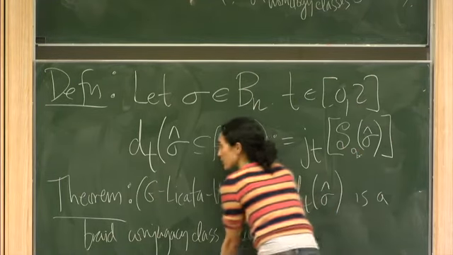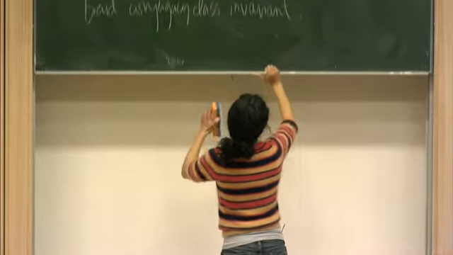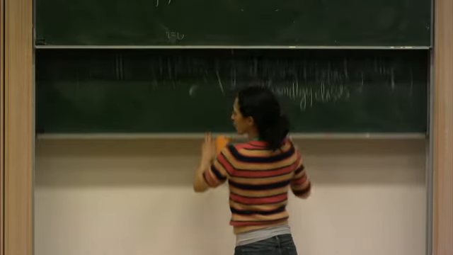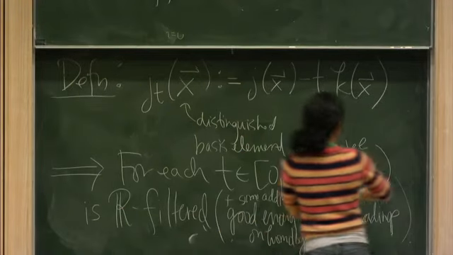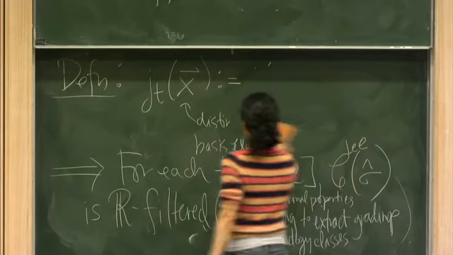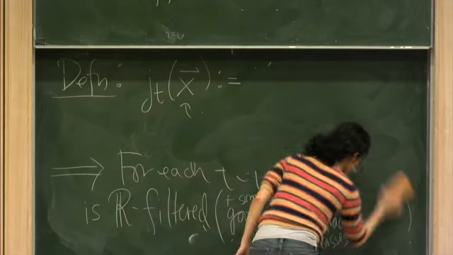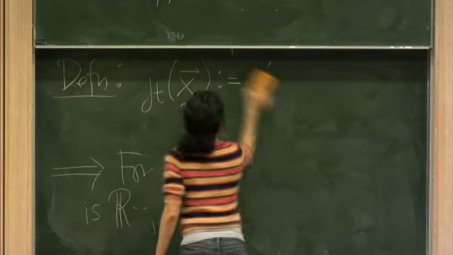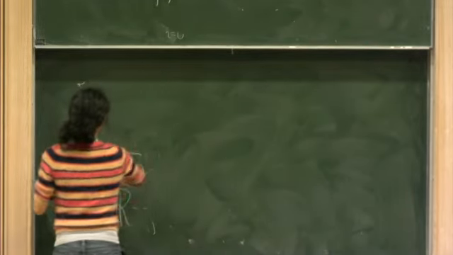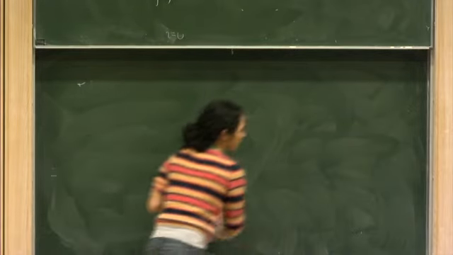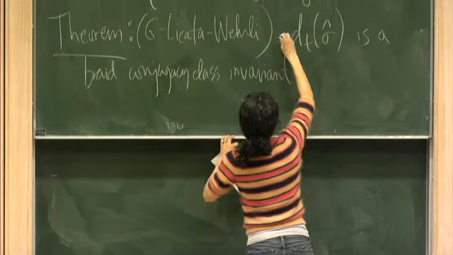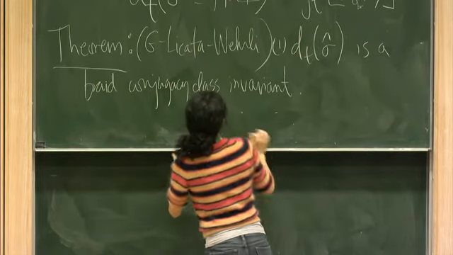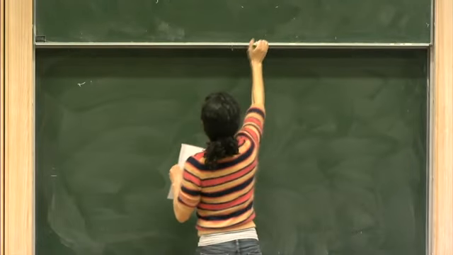But they give us some nice information about special link cobordisms. So this is really what's new. Let's say this is part 1 of the theorem. Part 2 of the theorem